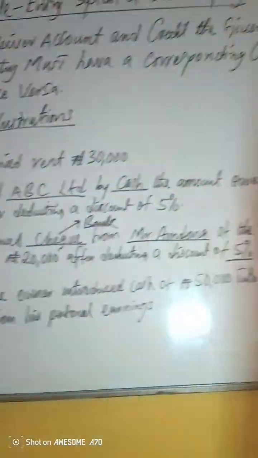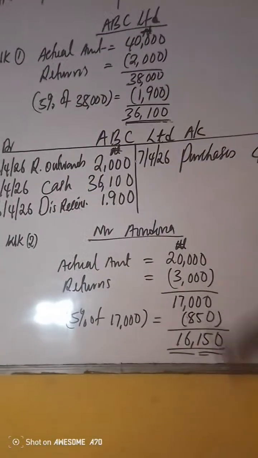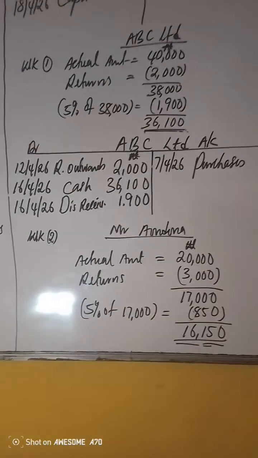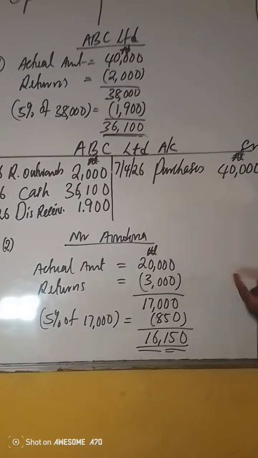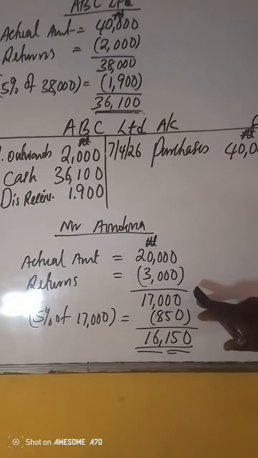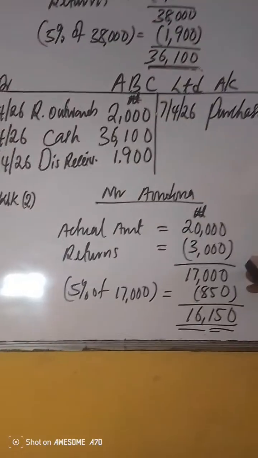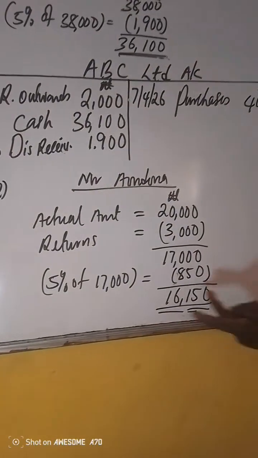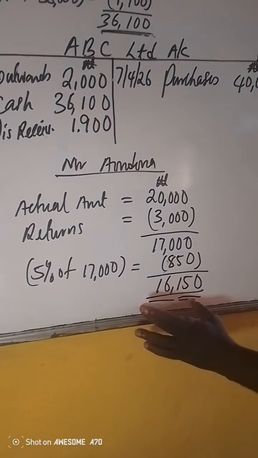Here too, you must demonstrate your working. Otherwise, you don't understand why the payment was 16,150. Let's go back. If you watch my previous video, the business sold goods on credit to Mr. Ondana worth 20,000. In the process, there was return inward by Ondana worth 3,000. So 20,000 minus 3,000 gives you 17,000. Then in the process of receiving 17,000, the business allowed a discount of 5%. If you want 5% of that, you discover that the discount is 850. So if you minus 850 from 17,000, you're able to get 16,150,